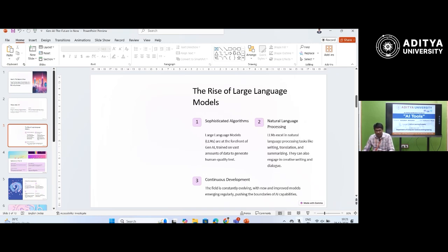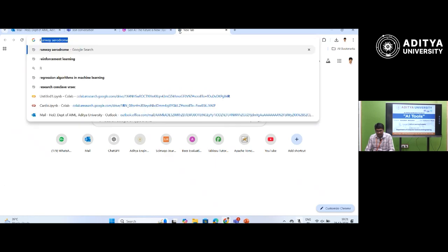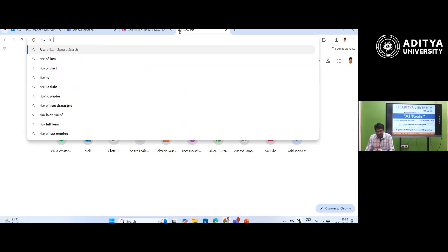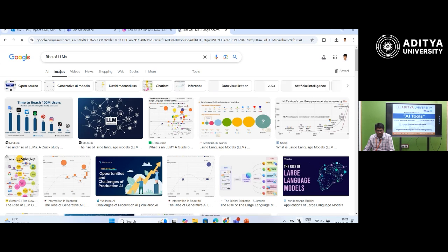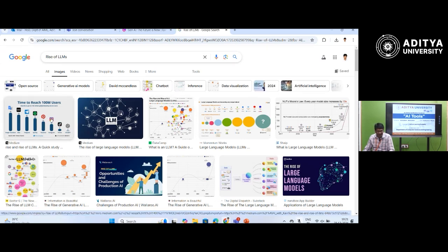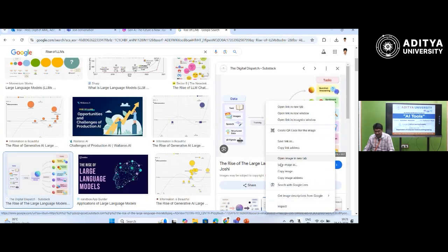For example, if I want to add the rise of LLMs, I take some image, and if I'm satisfied with this statistic, I will download or copy this image,